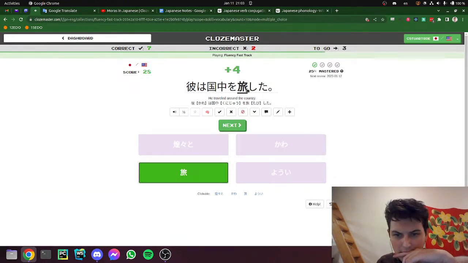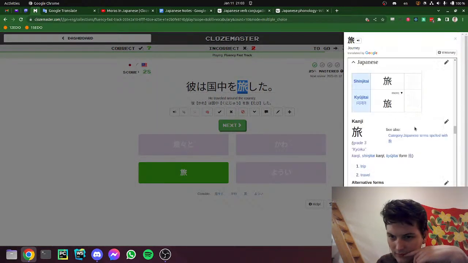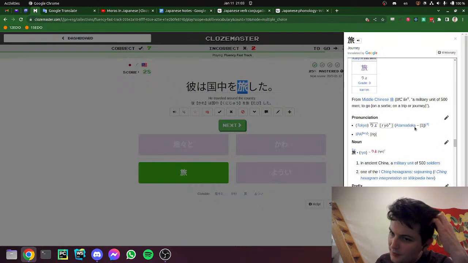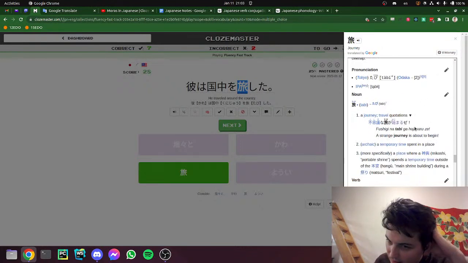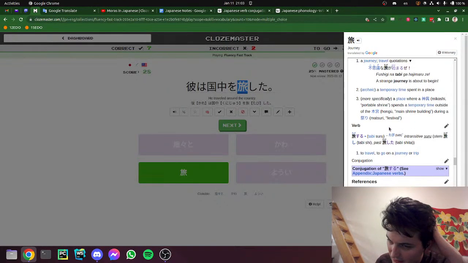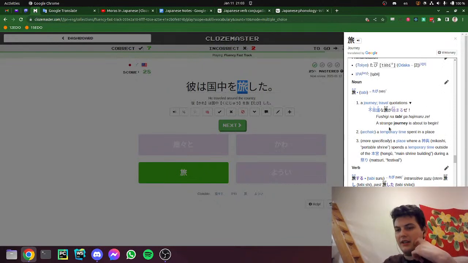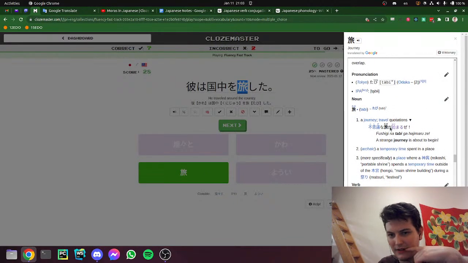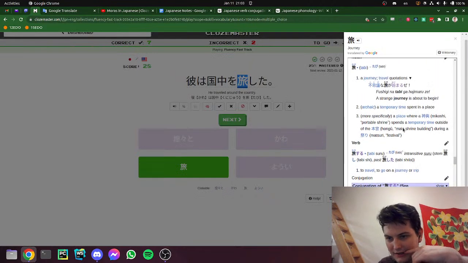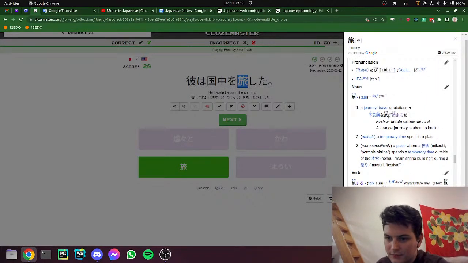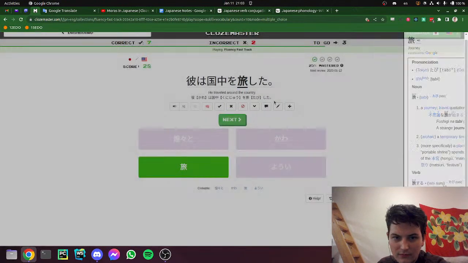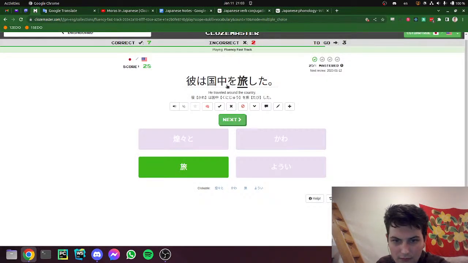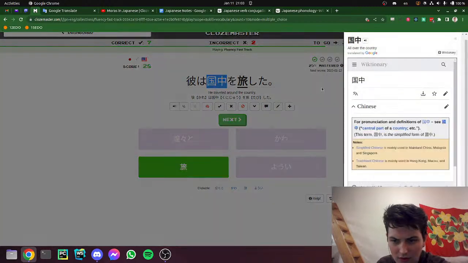I think most of these nouns that get used with suru I've seen are Chinese readings, but this is a native reading being used with suru. Kind of interesting. 旅する。